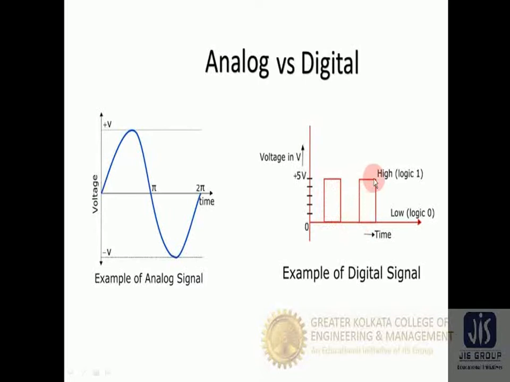Both are periodic in nature, but the one on the left side is an analog signal and the other is a digital signal. A digital signal can also be classified as high or low. It has either a high value or a low value. In this way we can classify signals into two categories: either a continuous analog signal or a discrete digital signal. It is continuous in the amplitude domain for analog, and discrete in the amplitude domain for digital. We are moving forward